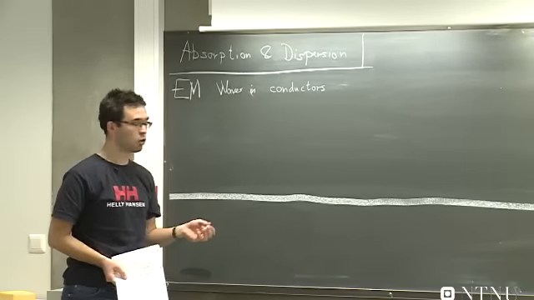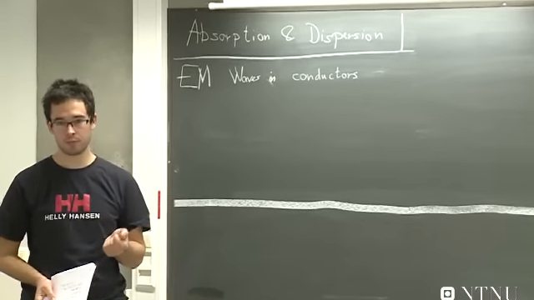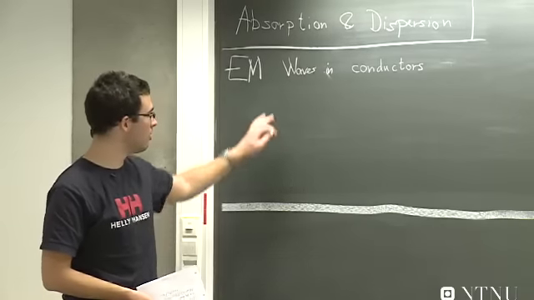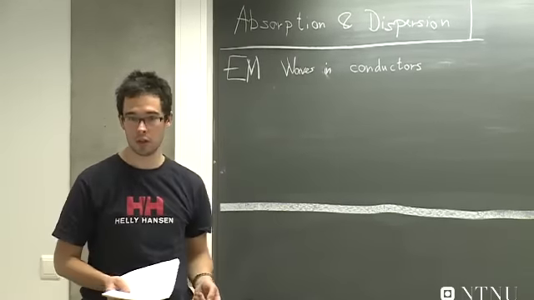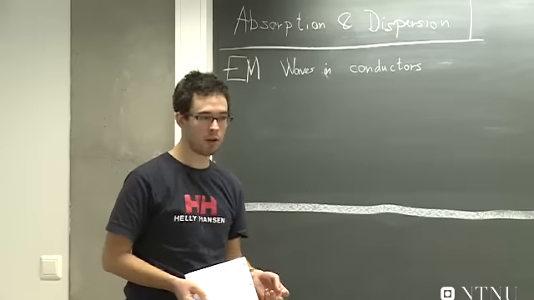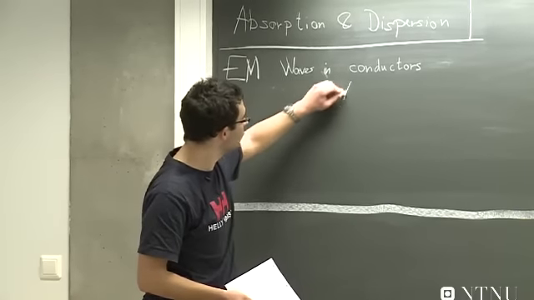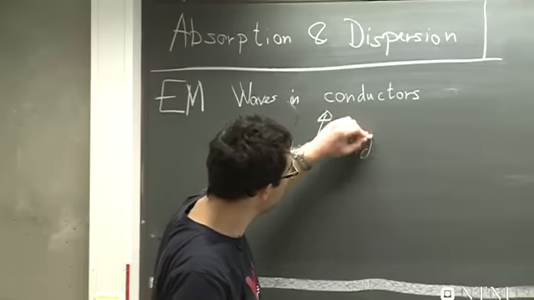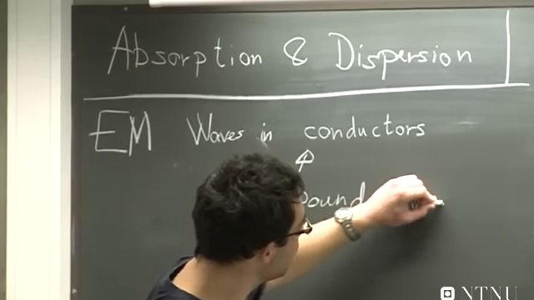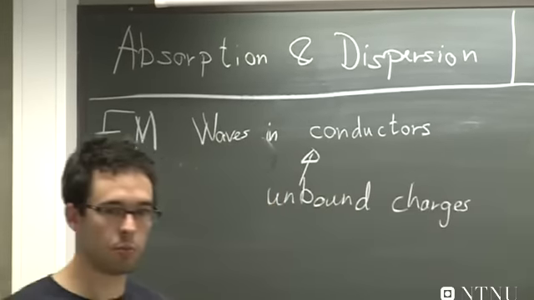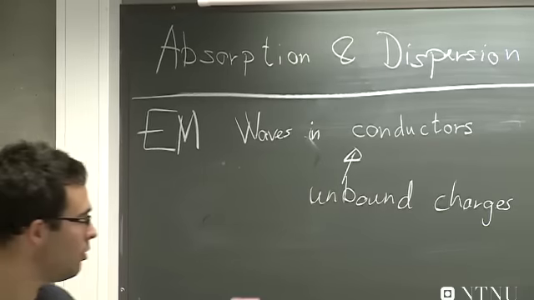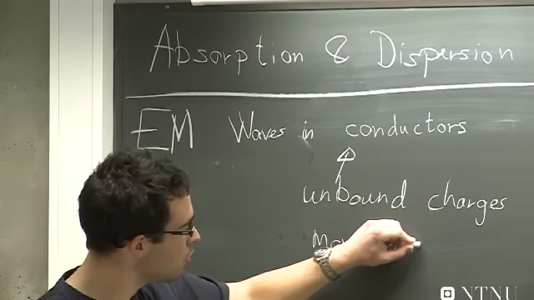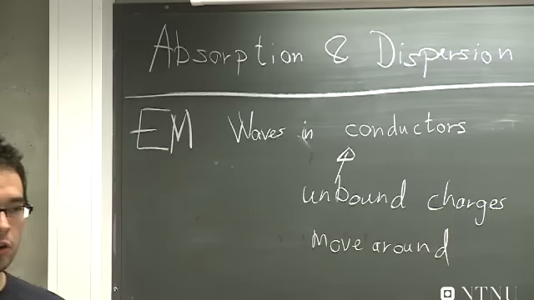Today's topic is absorption and dispersion, and the question we're addressing is what happens if we have an electromagnetic wave in a conductor. And in a conductor we have unbound charges. And these are going to move around as we insert an E field into the conductor, and this is going to change the